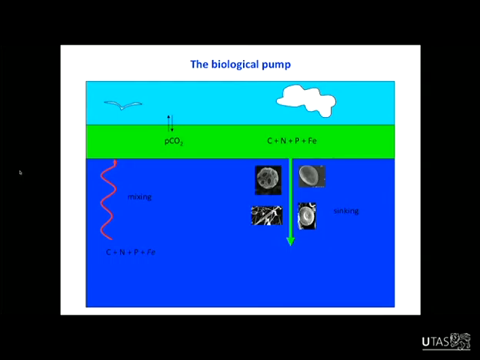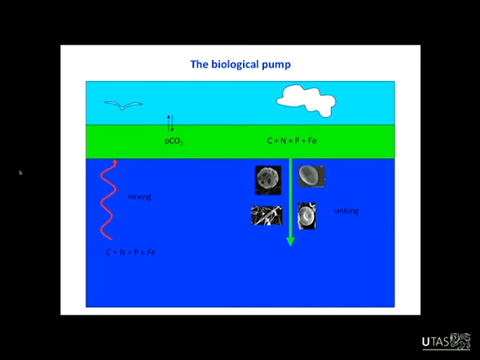Okay, so what I've been talking about there is basically this productive region that's happening in the surface waters, and what are the physical and chemical processes that regulate that productivity. As I said before, this is often referred to as the biological pump, because at some level that primary productivity is essentially sucking CO2. If enough productivity happens to decrease the CO2 concentrations in the surface waters to a point that they're lower than the atmospheric levels, then there's going to be a net flux of CO2 from the atmosphere into the ocean that's then going to be packaged into phytoplankton and potentially exported into the deep ocean.